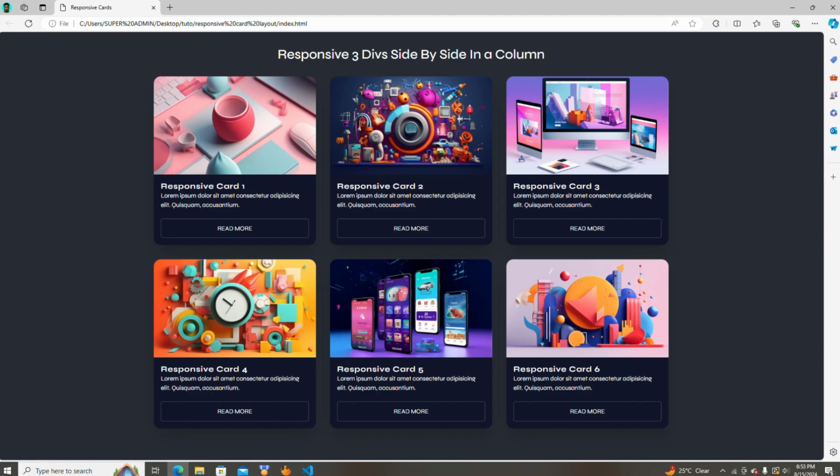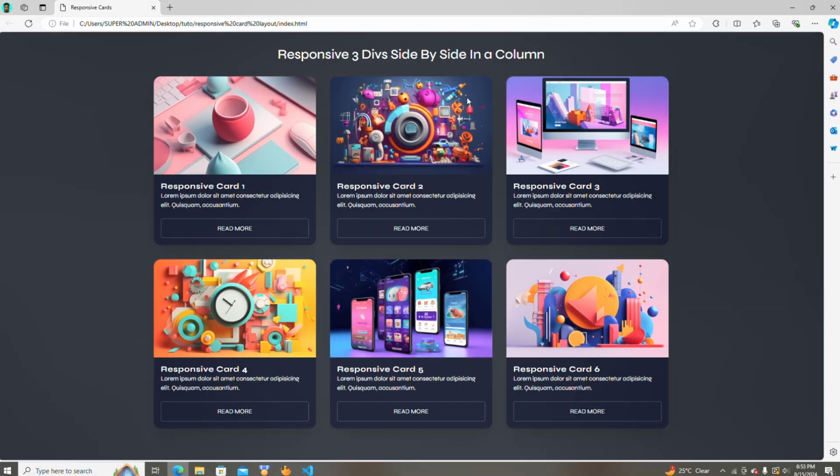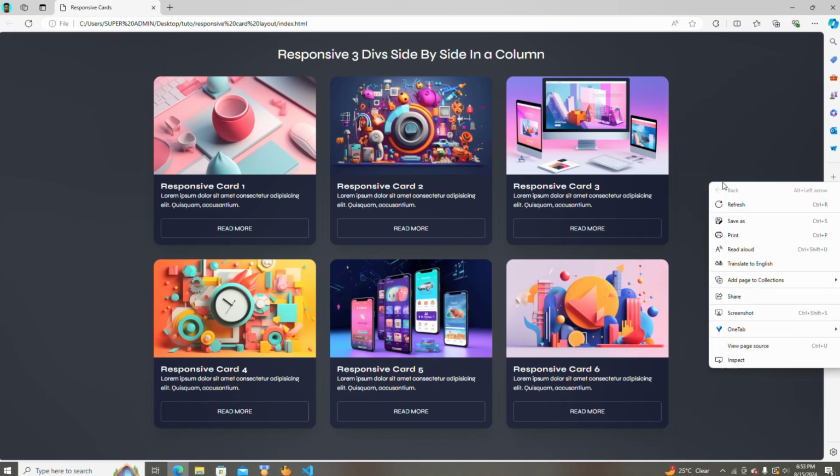In today's video we are going to look at how we can create this responsive three divs side by side in the column. So as you can see, my divs are nicely aligned here. So now I'm going to try and test the responsiveness of these divs. So I'm going to inspect